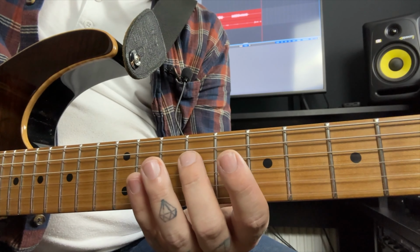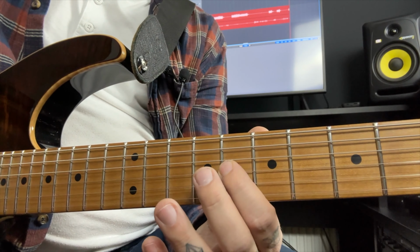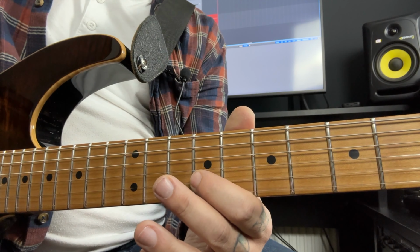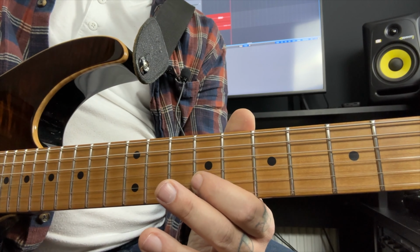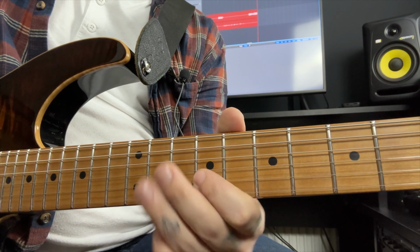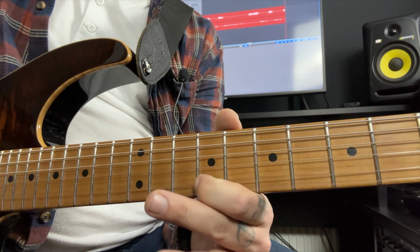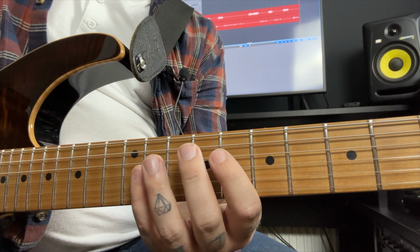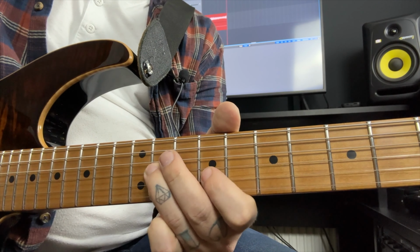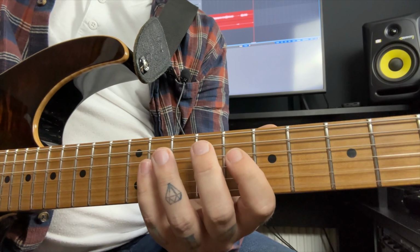Next up we have the run-up, which starts at the 9th fret on the D string, then the 11, then the 8th fret of the G, then the 9, then the 11, then we play the 9th fret of the B, then we re-pick that 9th fret of the B, hammer it onto a 10 and pull it back off to a 9. Then we play the 11th fret of the G, then the 9th fret of the B. So that run in context becomes... and in context... and again...